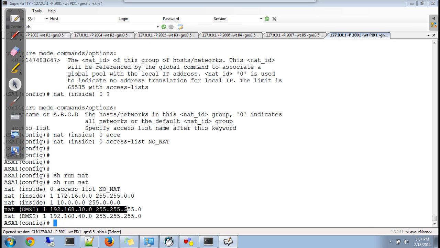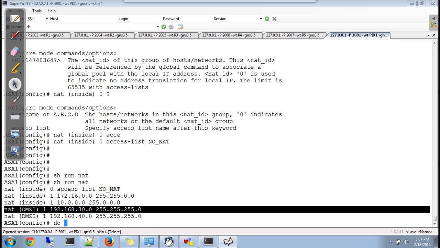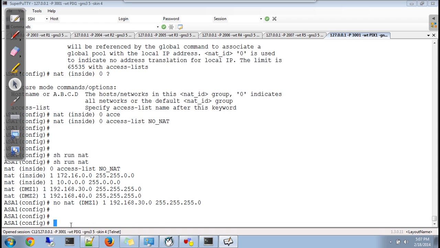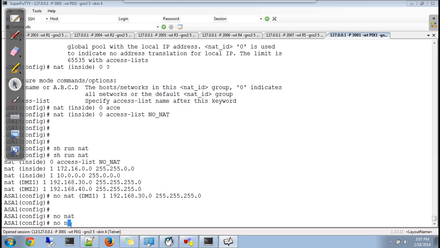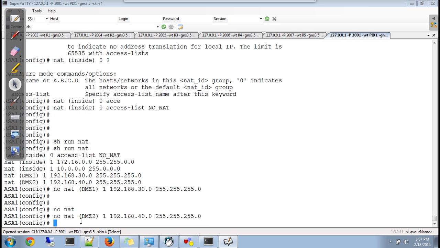We already have dynamic, so I'll remove this. Okay, I'll say no. I'll remove the dynamic translations for DMZ, because that's where you keep servers, and you do static translation specially for the servers, for the DMZ zones, because servers are something what you will be accessing from internet. Just think practically, how would you feel if Google is changing its IP address every day? Everyone will have to add new routes, isn't it? It will become a problem for everyone. DNS will have to update the entry. That's not practically possible, right?